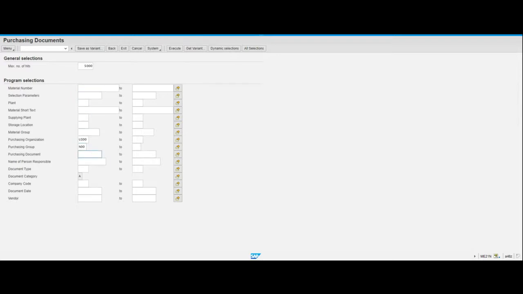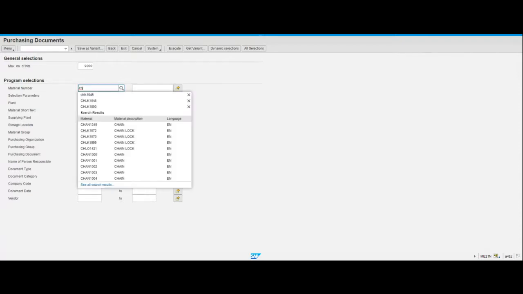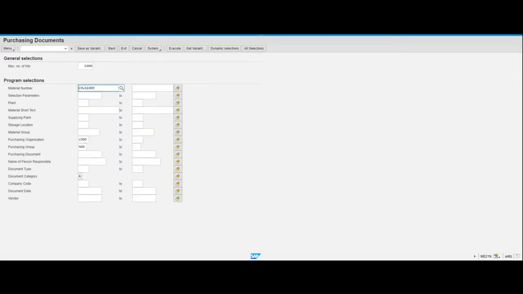This is okay: purchasing organization, purchasing group, but material number. This was my material. Remember, this is my material new. You need to have your own material. Execute,